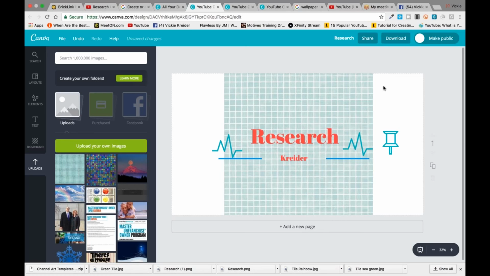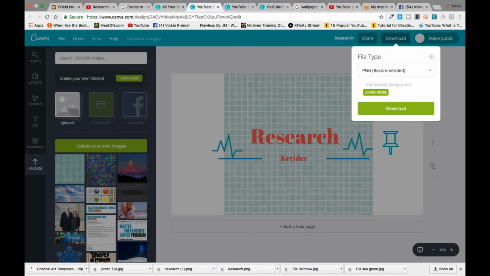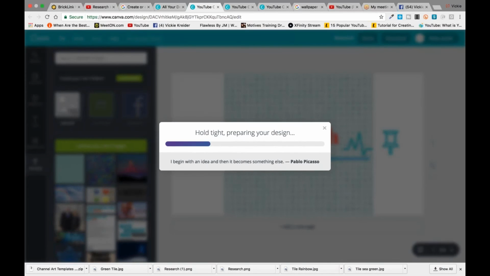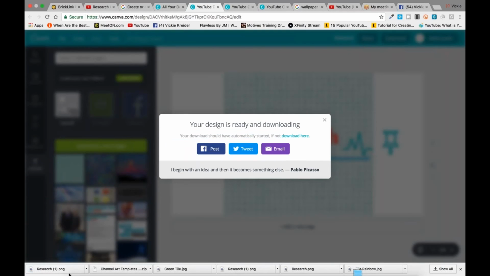One more thing. Once you have finished doing this, then you download it. You download it in the PNG format, and it will download to your downloads on your computer. It'll take a minute, so that's okay. As you're waiting for that, and then once you have that in your download section,